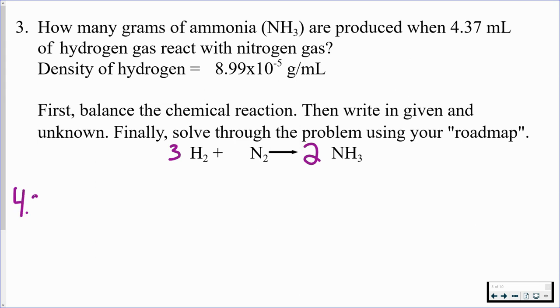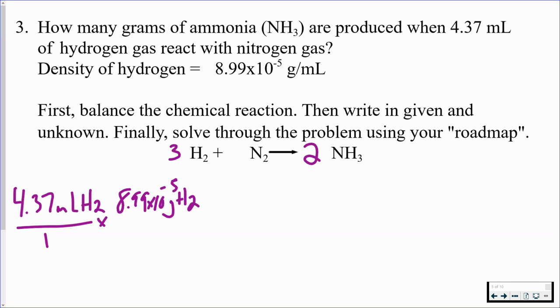So we're going to start out with the volume of hydrogen gas that they gave us, 4.37 milliliters of H2, over 1. We're going to multiply that by its density. So that gives us 8.99 times 10 to the negative 5th grams of H2 over 1.00